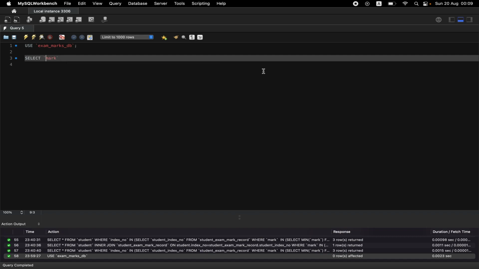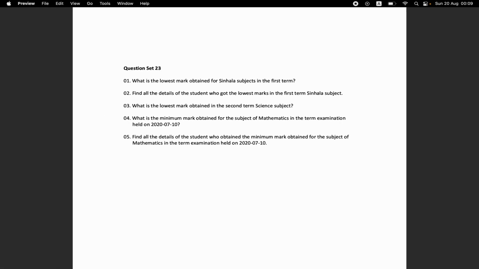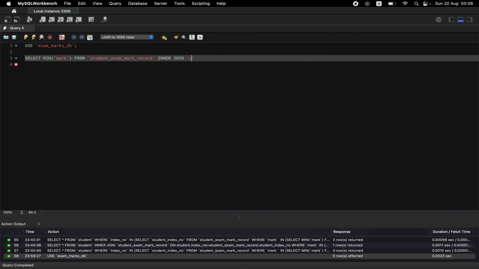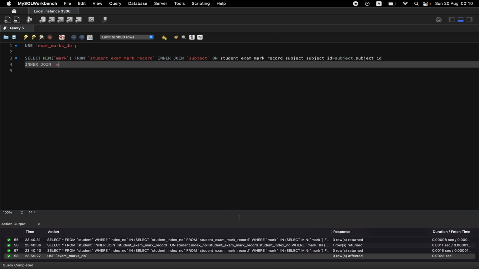Select minimum mark from student exam mark record, inner join subject on student exam mark record. Connect these two tables by subject ID